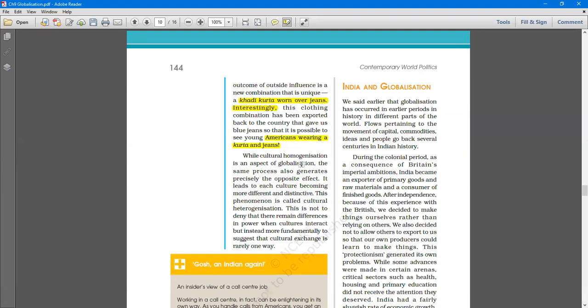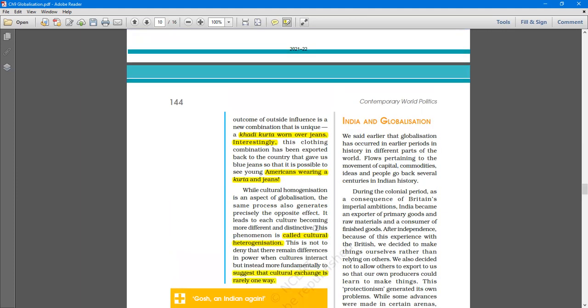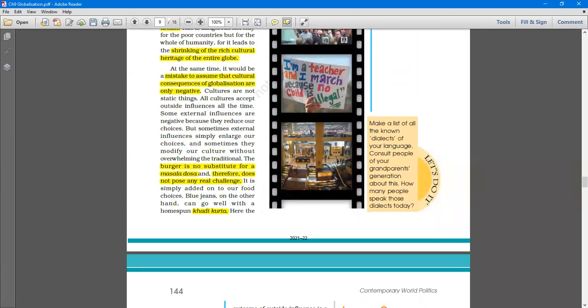So while cultural homogenization is an aspect of globalization, the same process also generates precisely the opposite effect. It leads to each culture becoming more elaborate and distinctive. This phenomenon is cultural heterogenization. This is not to deny there remain differences in power when cultures interact, but instead more fundamentally to suggest that cultural exchange is rarely one way. So therefore, that's how homogenization of the culture and heterogenization of the culture can happen. Now, all of you, we just have